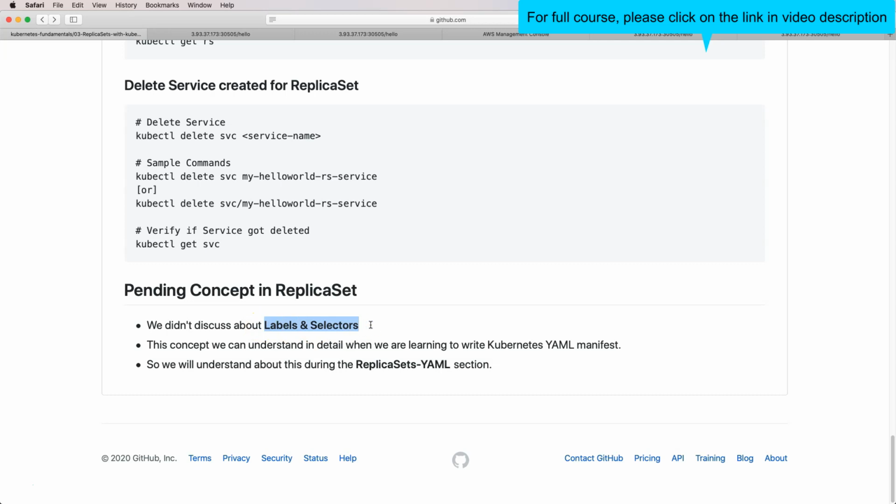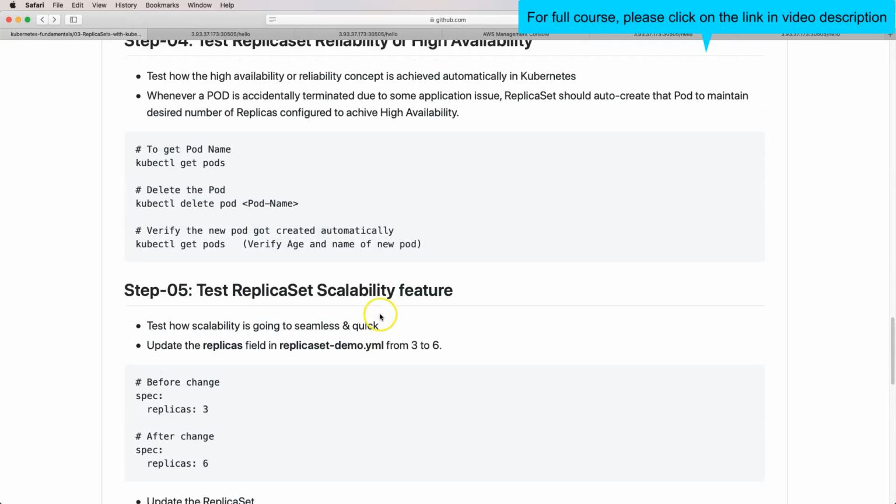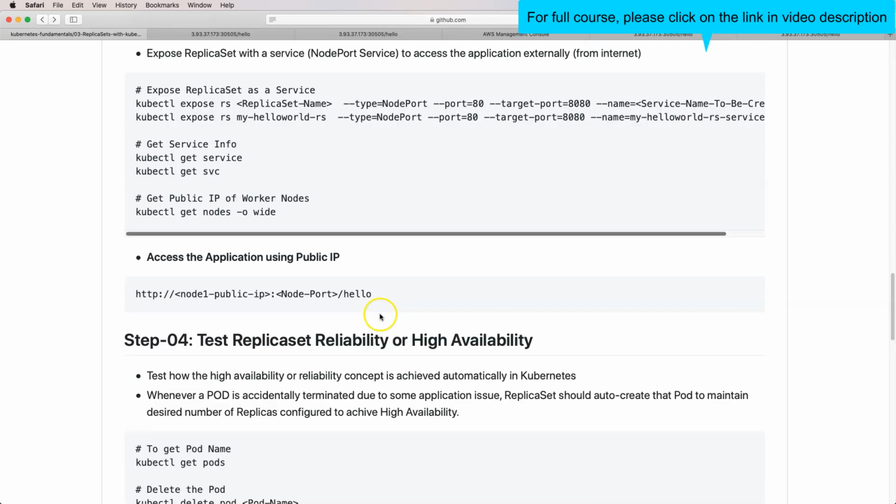This is a common concept for multiple Kubernetes concepts, like pods, replica sets, deployments, and services. Everywhere we are going to use labels and selectors. We will cover it when we write the equivalent YAML files, so that we understand it in detail. With that said, in our next lecture, we'll start working on the deployment concept of Kubernetes.